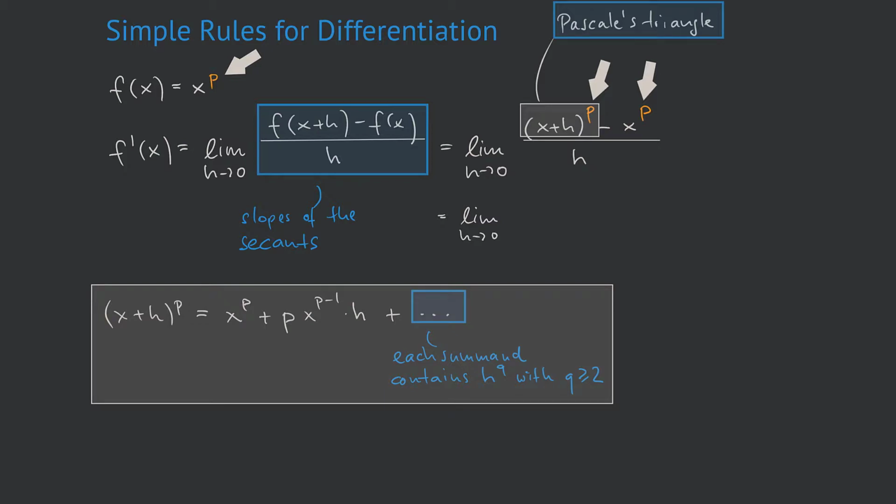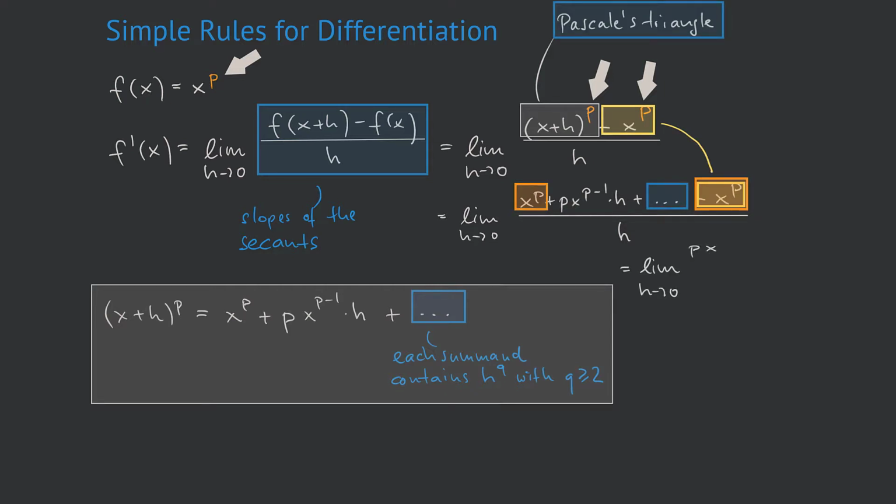So I replace x plus h to the power of p by that new expression, which is x to the power of p plus p times x to the power of p minus 1 times h, and now plus dot dot dot. Finally, we subtract x to the power of p, which is the last summand, which is that summand up here. Now we divide that by h. What follows is very closely related to what we did with the power of 2 or 3. First, you observe that the two x to the power of p cancel out. And what remains is lim h to 0 p x to the power of p minus 1 times h plus our famous dots